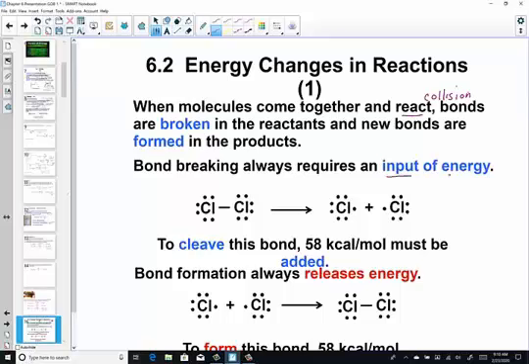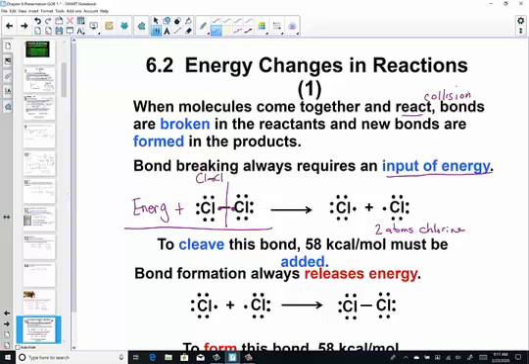To break a bond requires energy. So think about this as part of your example. Energy is required to break this bond. And when we break a bond, each electron that's in the shared pair returns to its original owner. So we end up with 2 atoms of chlorine. So we have a Lewis dot structure of a diatomic molecule, a chlorine to a chlorine, a shared pair. When we're drawing our Lewis dots, we represent all electrons around the chlorine. And then we're breaking a bond in this arrow.